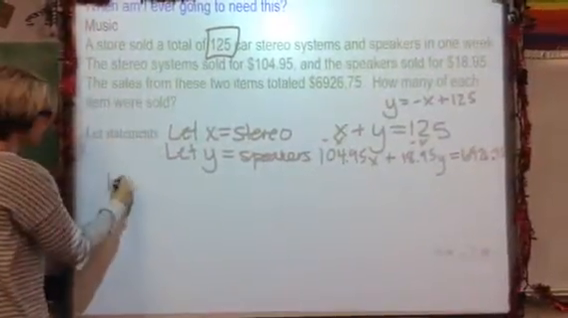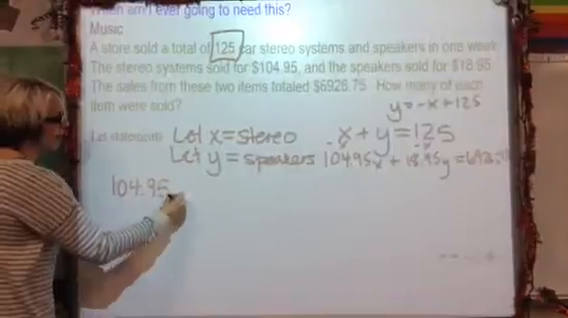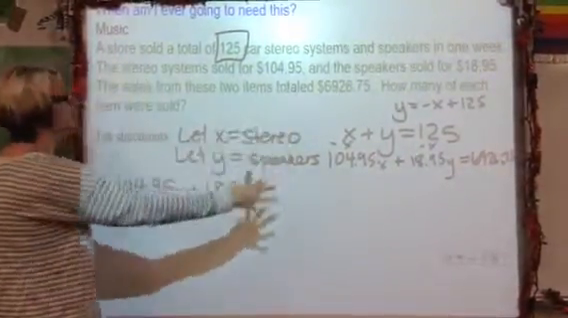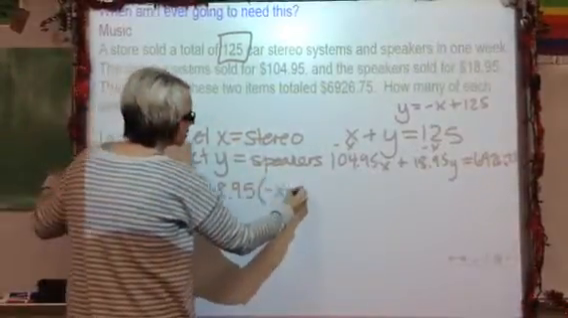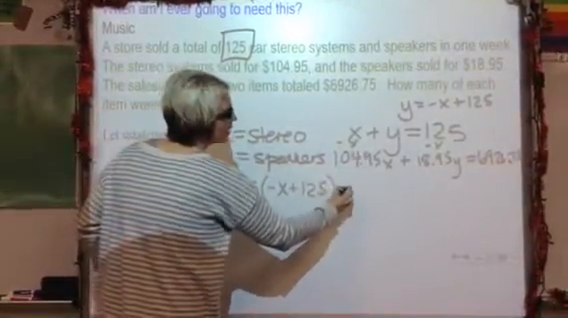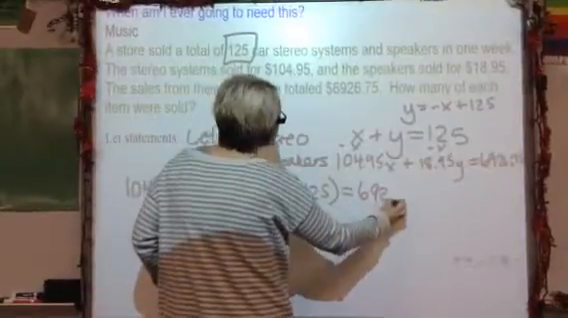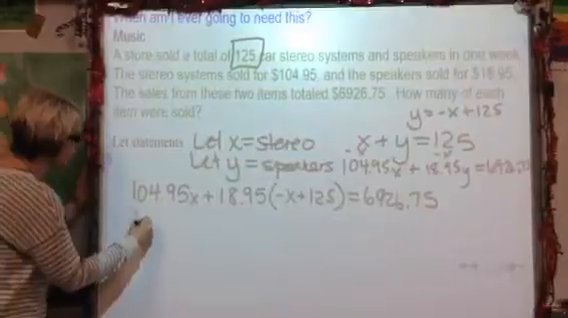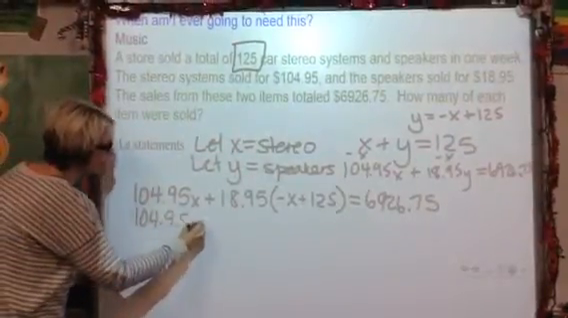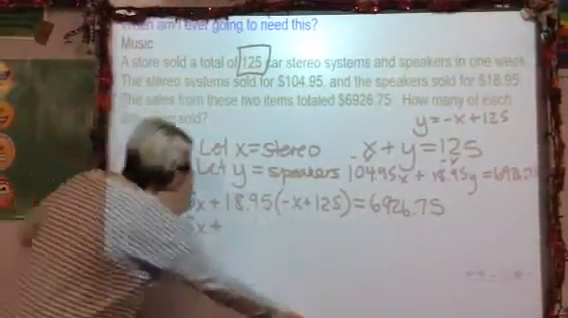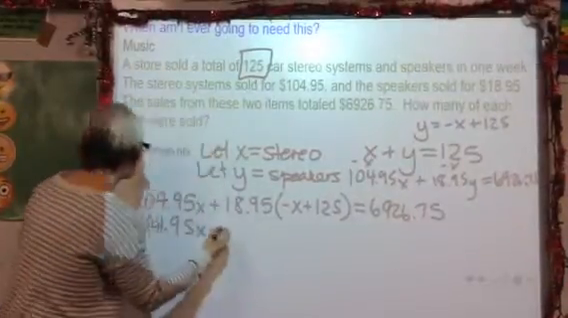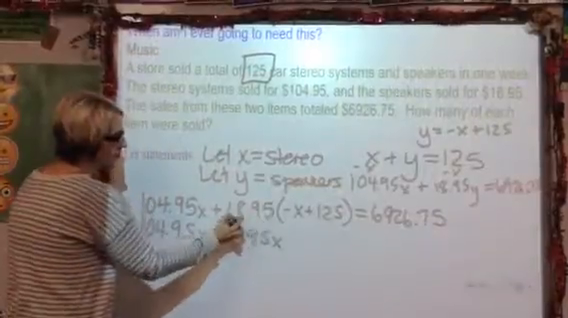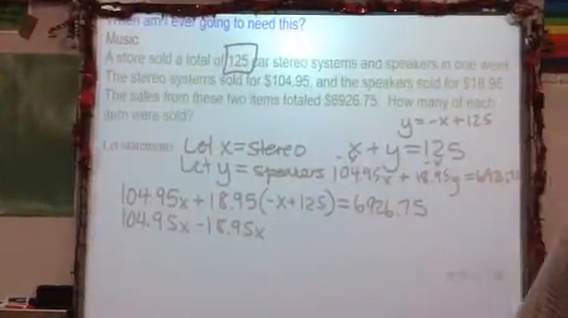So I have 104.95x plus 18.95. I'm going to substitute now for that y, negative x plus 125, equals 6,926.75. So you'll definitely want your calculator handy here. So 104.95x plus, I'm going to distribute, so that actually becomes a minus, right? Minus 18.95x. This multiplied by 125, try that real quick here,